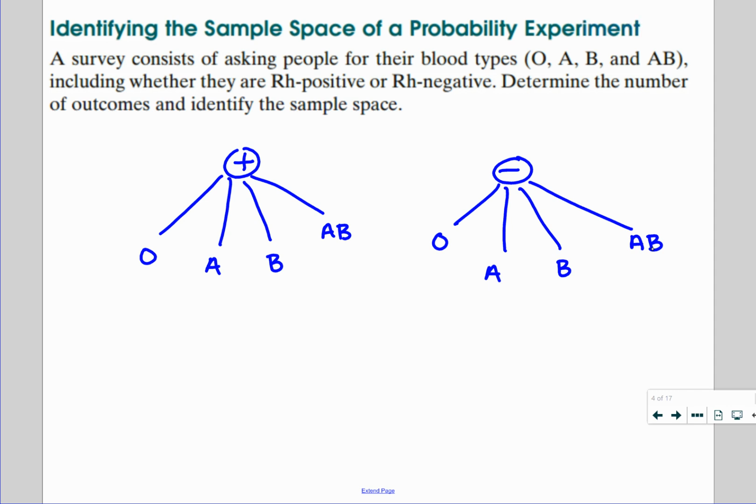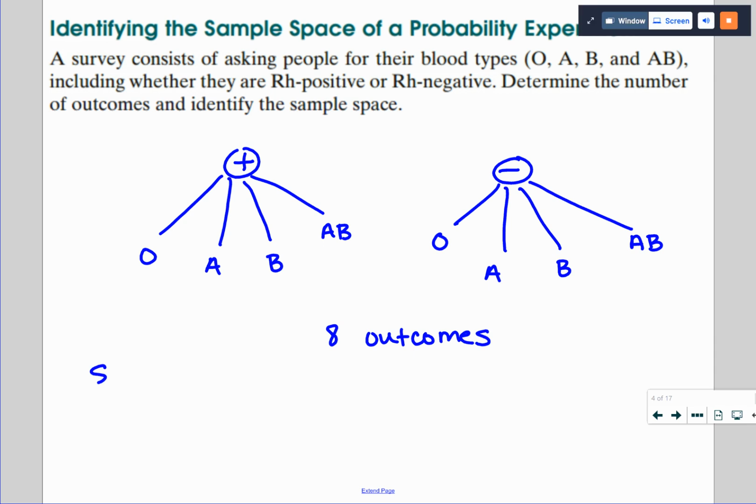So how many total outcomes are there? How many different blood types are there? There are 8. Okay, so that's how many little branches I end up with at the end if we have one of these tree diagrams. Okay, and the sample space,